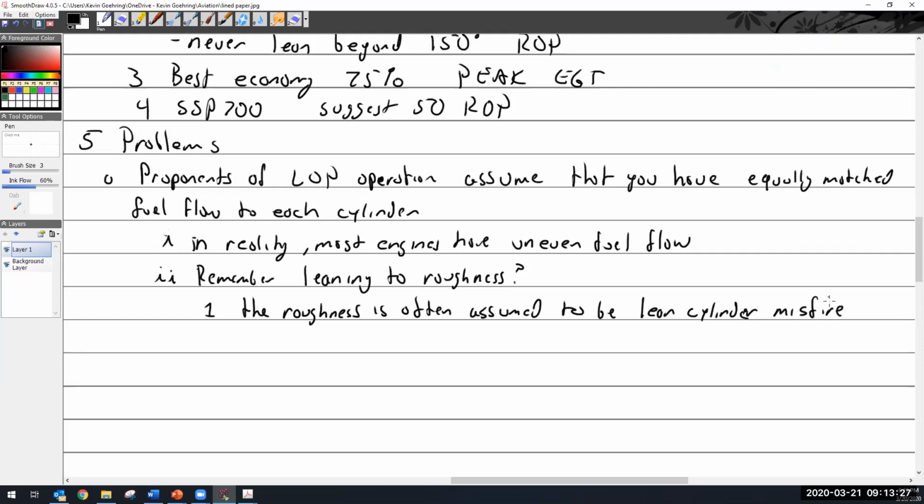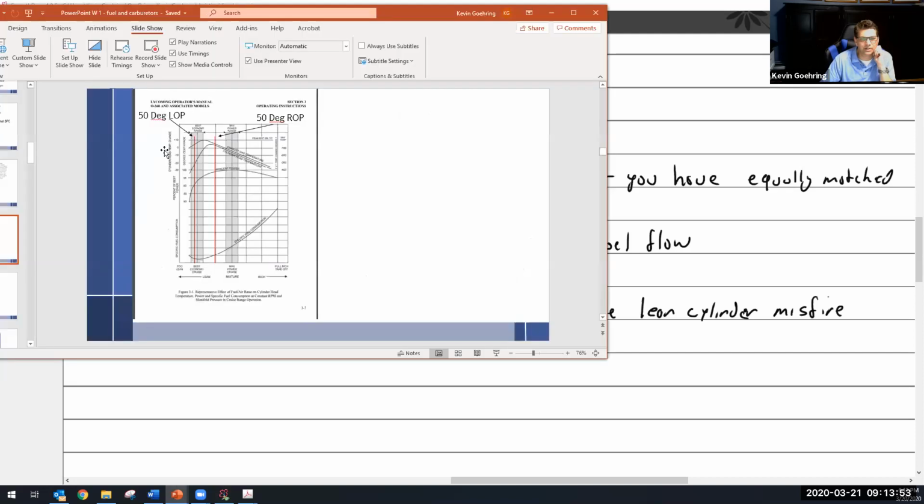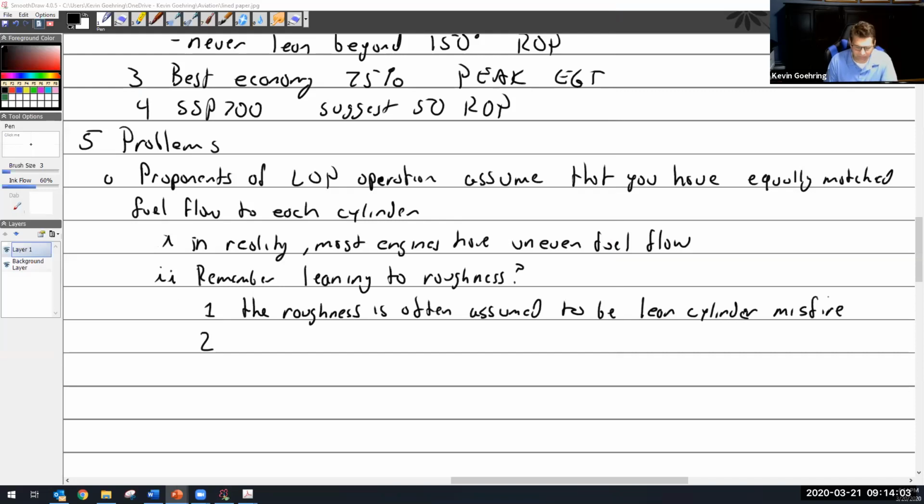In other words, because of this bad mixture, I'm looking at cylinder number 1, and cylinder number 6 is running really lean. And so as I'm leaning out number 6 to get it right where I want it, number 1 is so lean that it starts misfiring. Well, that's probably not true. It's because if we look at the curve of what's happening, let's bring it over like this. If we look at the curve, as we are pulling the mixture out, it gets leaner, and then the whole engine dies, really. It doesn't really misfire. So they say that most likely, and I believe this, it is more likely